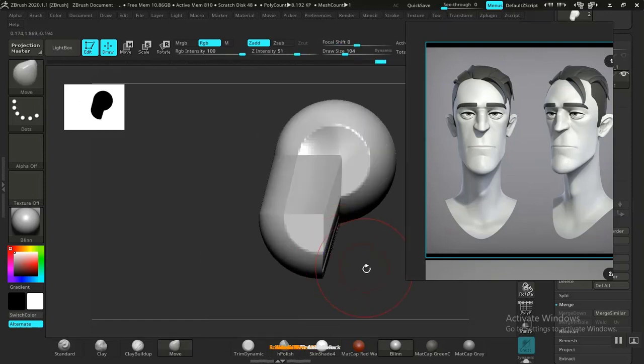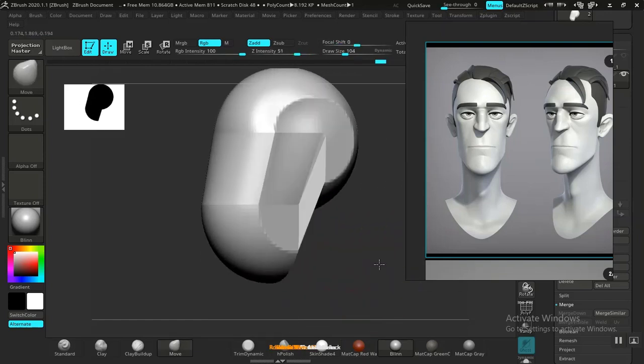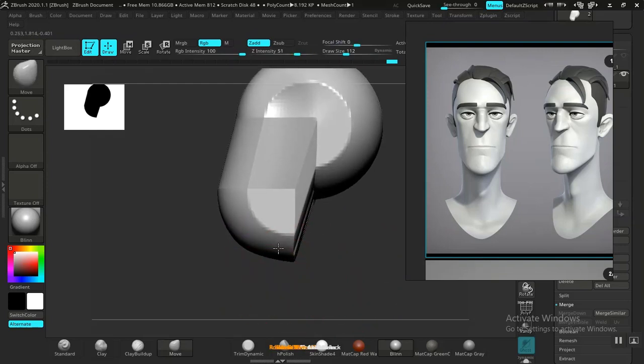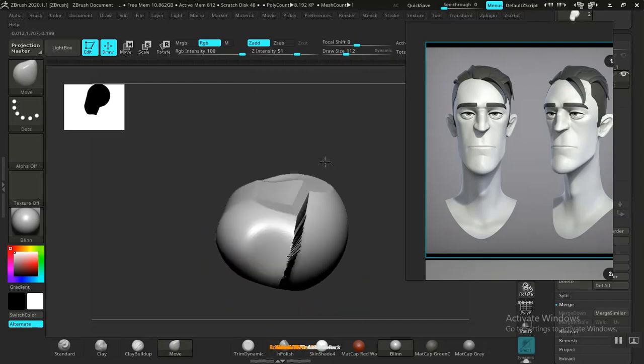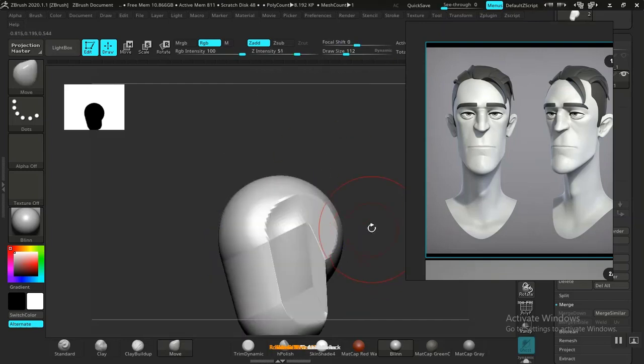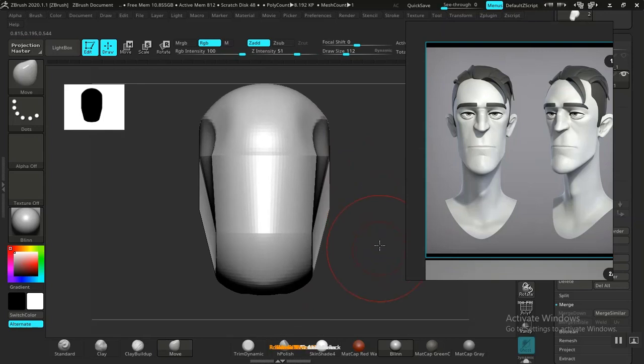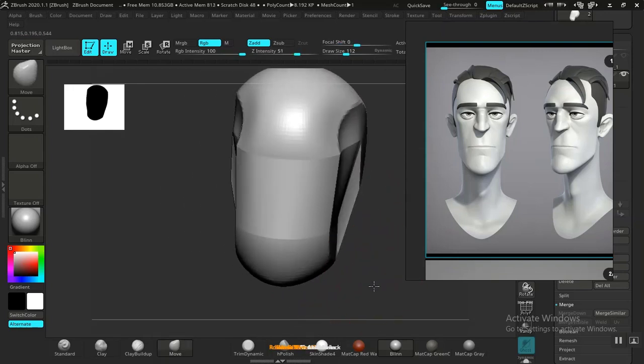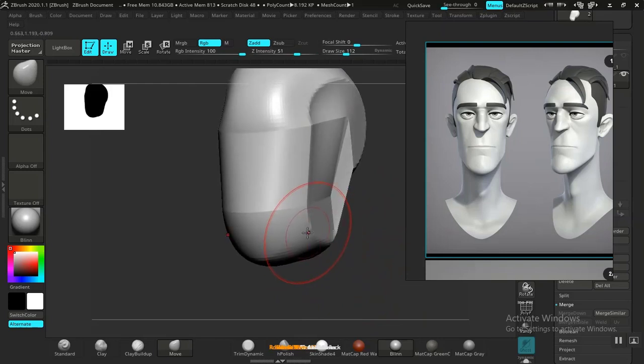So while on this view, I'm going to try to capture the silhouette as much as possible. Smooth this out a bit more. Kind of get this jawline to be,